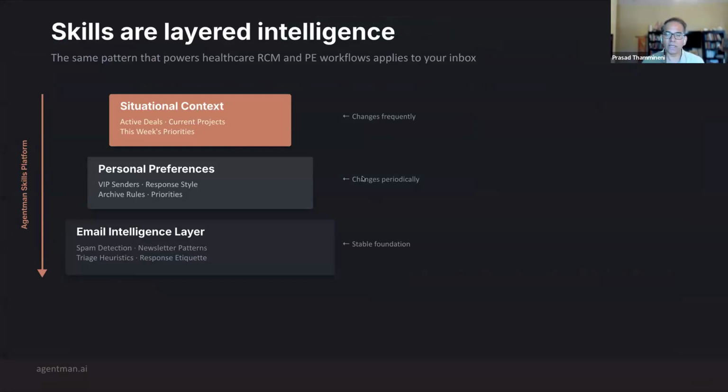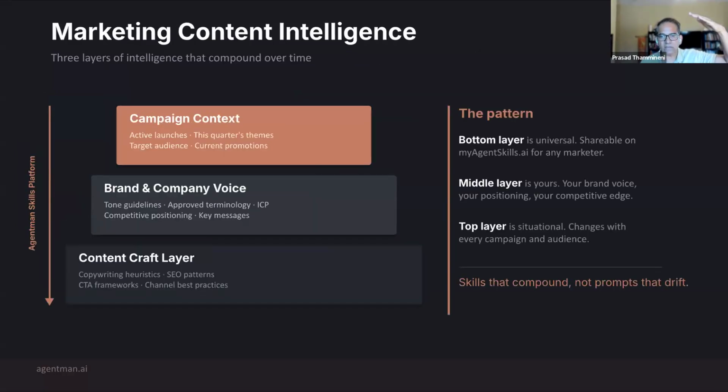Then you layer your personal preferences. This could be to do with how you deal with VIP senders, etc. And the last layer is situational. That means every month, which active deals or current projects you're working on changes, so you give it more frequent updates. That's what you're doing in the email workflow. If you think about it from an email perspective, and you understand these three layers, then you can translate that to